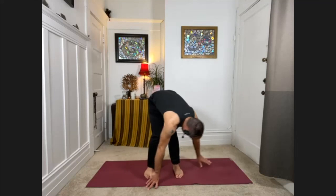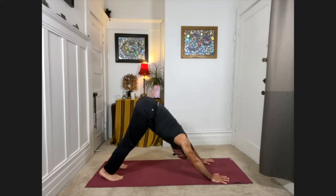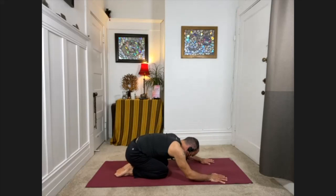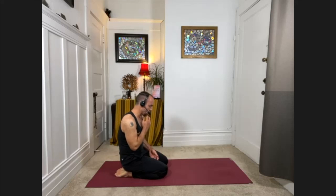And then from here, carefully step back to downward facing dog. Really feeling length in the spine here, shooting the hips toward the ceiling behind you. And after a few breaths, floating down onto hands and knees and sinking back into child's pose for a moment. And as you're sinking into child's pose here,